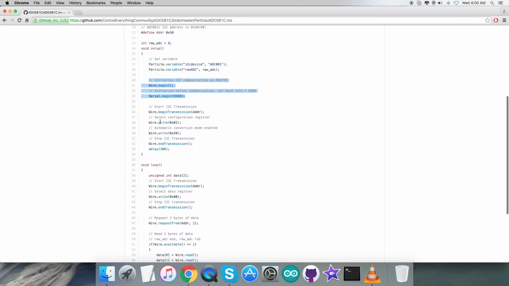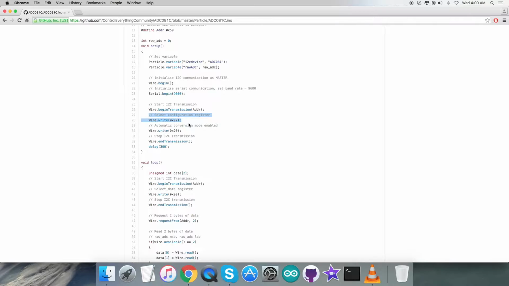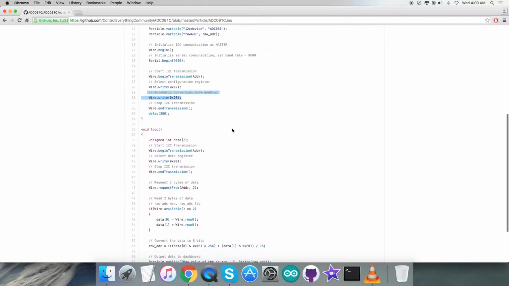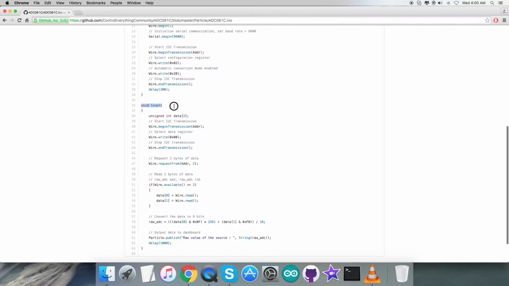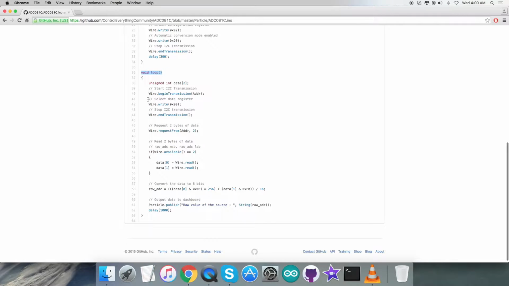Now in the writing section part, we are going to select the configuration register having address 0x02, and we are going to send or write the command for automatic conversion mode enabled, that is 0x20. After that, in the void loop function, we are going to select the data register 0x00 for the reading section